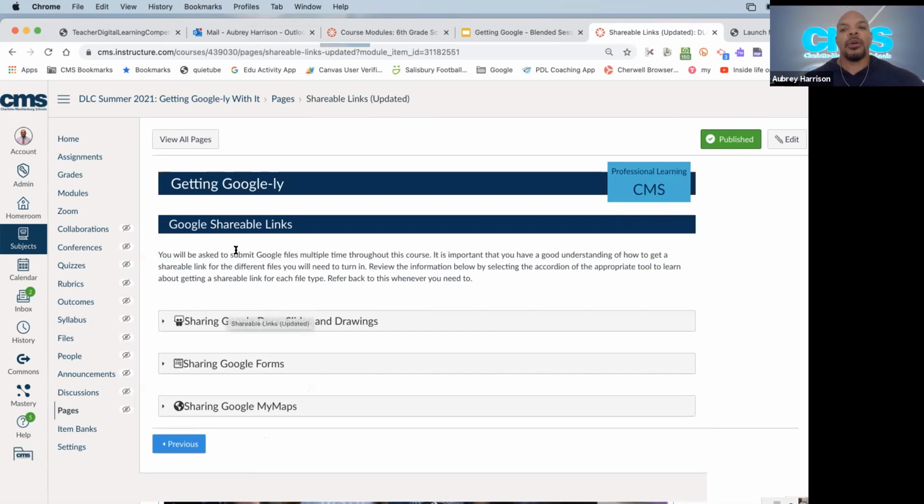As I mentioned before, the majority of the issues that we have in this course are something as simple as the submissions weren't shared properly. So we included some information here about how to share each of these documents with us when you submit it. So you'll see there is this accordion here for,